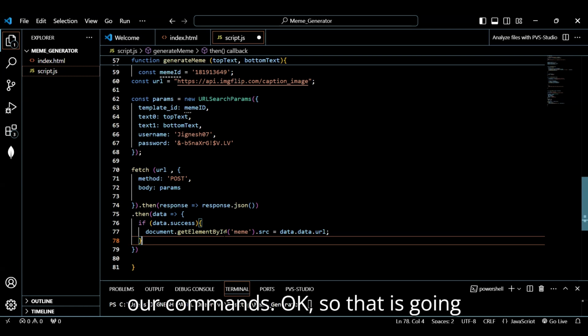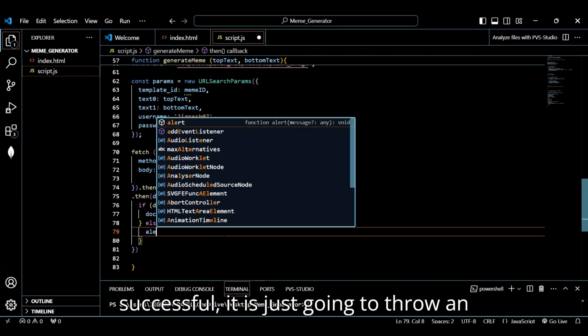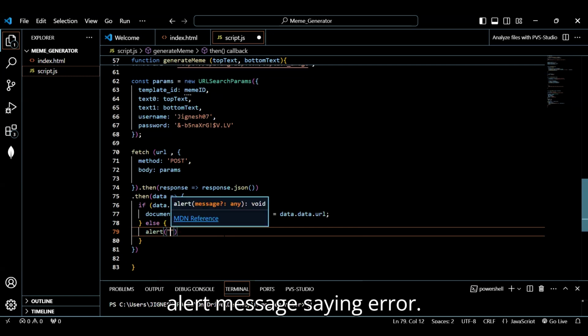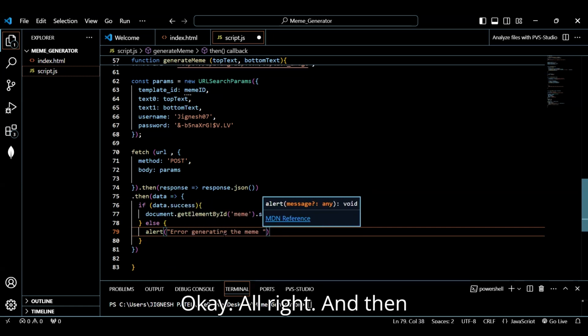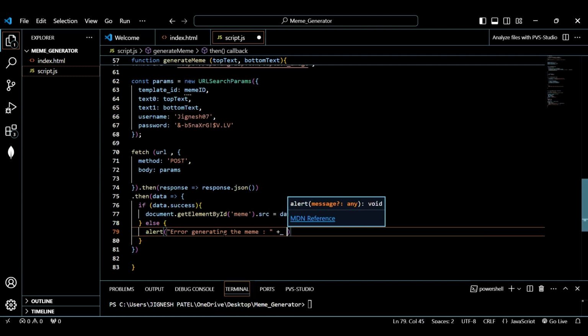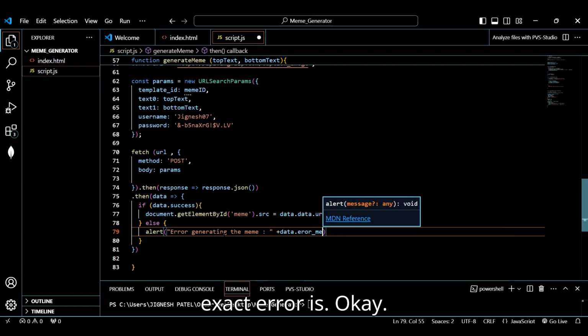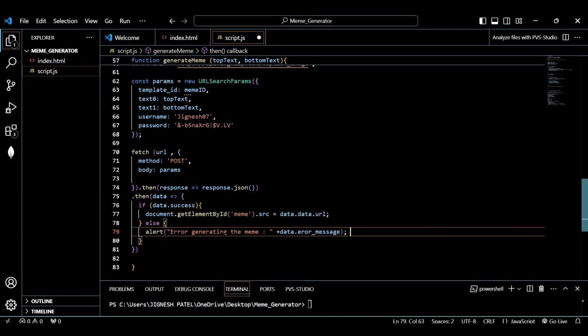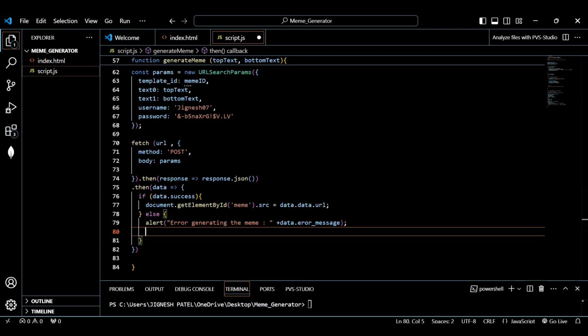Okay, so that is going to be like this. And if it is not successful, it is just going to throw an alert message saying error generating the meme. It will also show what the exact error is. Okay. And now, once you have done that, you just have to